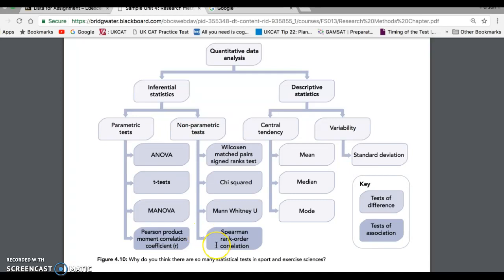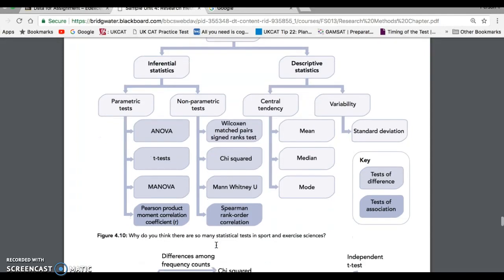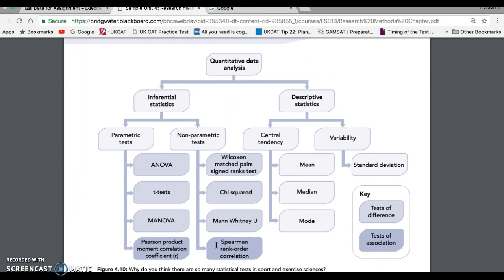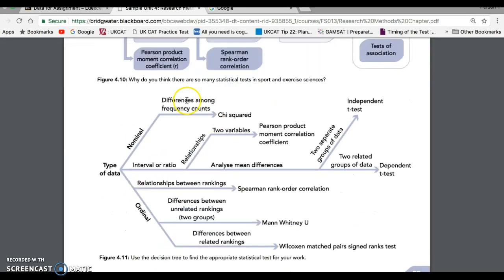So if we're looking at the basketball and netball experiment, we're using the ratio data as we're collecting frequencies in basketball and netball shots. Therefore, we're making it into ratio, as ratio is a parametric kind of test. So if we scroll on to the next diagram down here, we can see how we do this. So if we look at the type of data and we look at interval and ratio,